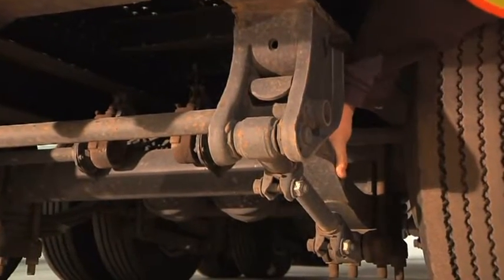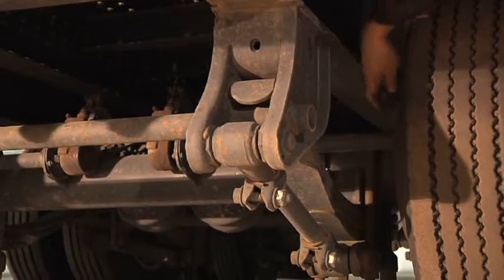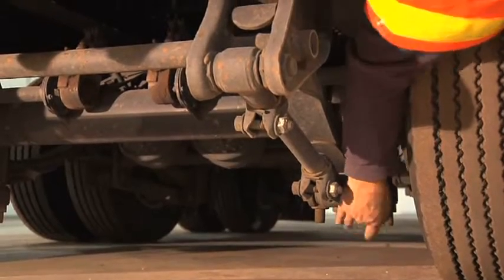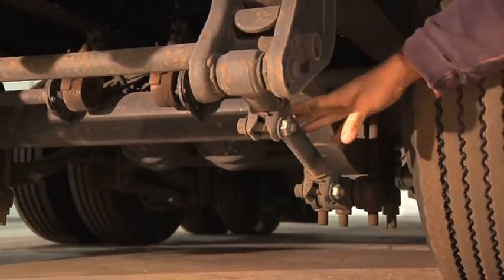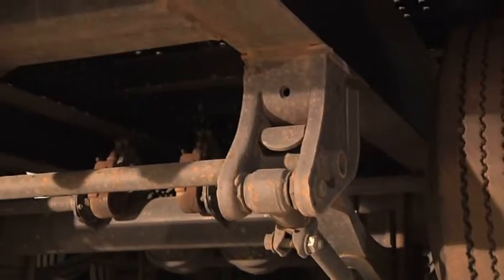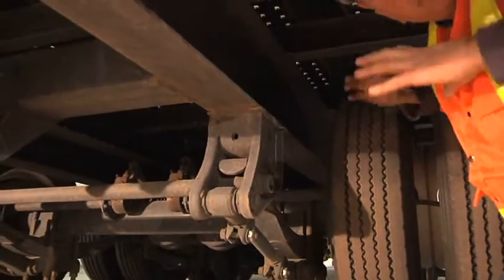Checking the springs, making sure that all the springs are there, there's none missing, none misaligned. Making sure that the U-bolts are not cracked or bent. Making sure they're tight. Coming down to the torque arm, making sure it's not cracked or bent. There's no loose bolts. Then working our way back around to the middle of the suspension is the main bushing